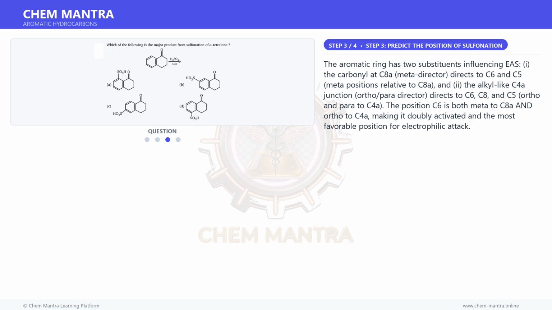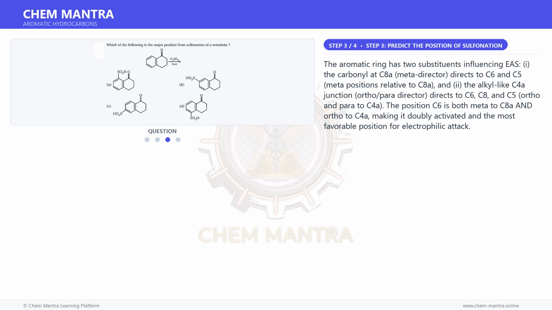The aromatic ring has two substituents influencing EAS. One, the carbonyl at C8A, a meta-director, directs to C6 and C5, meta positions relative to C8A. And two, the alkyl C4A junction, an ortho-para director, directs to C5, C6 and C8, ortho and para to C4A. The position C6 is both meta to C8A and ortho to C4A, making it doubly activated and the most favorable